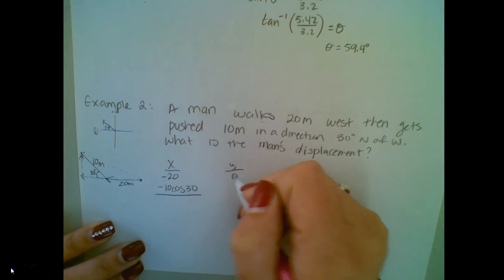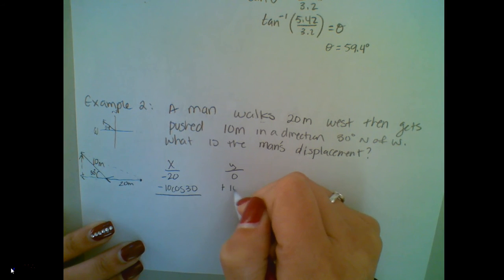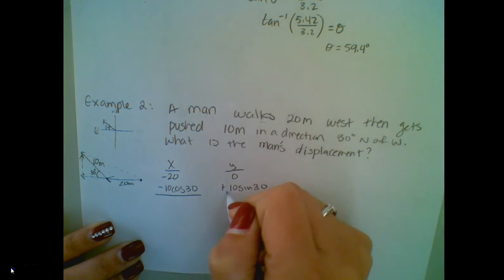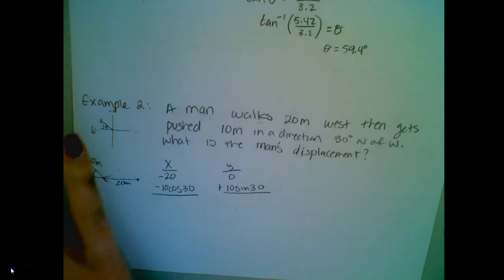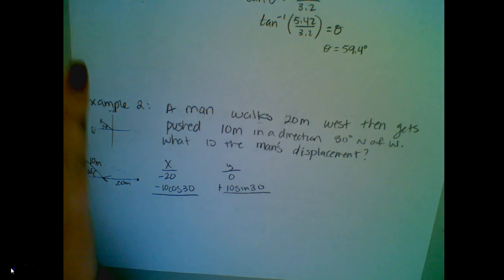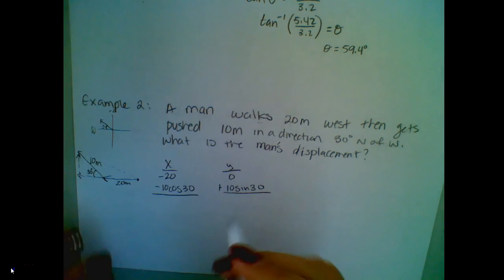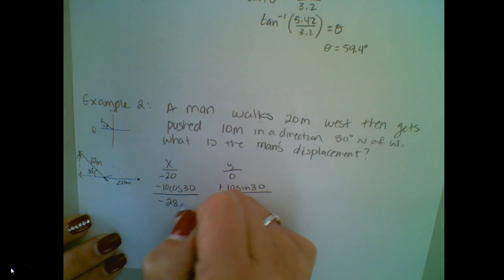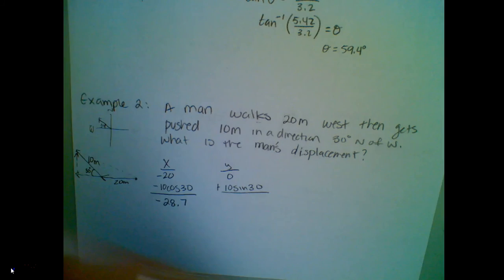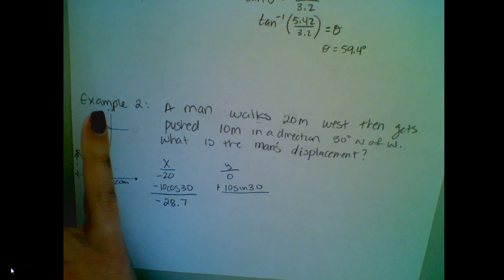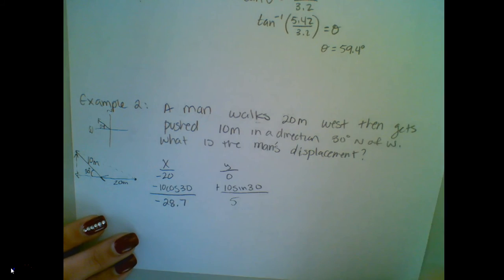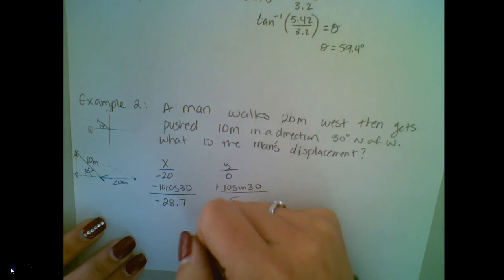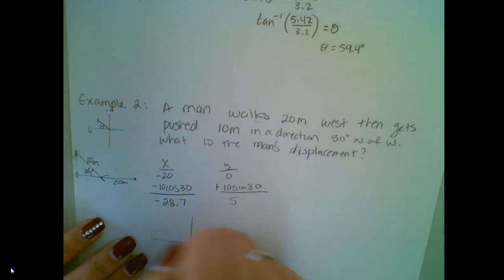I know this is 28.7. I know this is 5. If I do the Pythagorean theorem, I get 29.13. Let's see, we're in meters. So my displacement is 29.13 meters at, and then remember I need some direction, so I'm going to go ahead